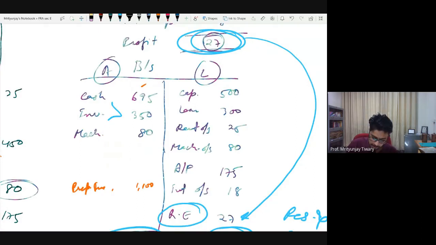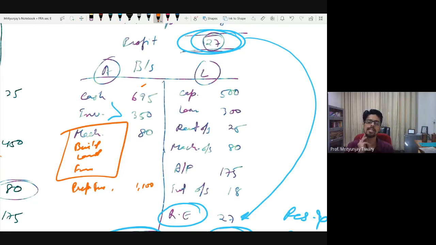Why? Because long-term assets or these fixed assets, for example, machine, your building, your land, your furniture, these kind of assets, give us an idea about the scale of the business. What scale are you operating? आपका business है कितना बड़ा? For example, 80 lakh worth of new machine versus 200 crore ka old machine which has depreciated to 80 lakh, both have completely different level of operation. And this information is crucial for many stakeholders.